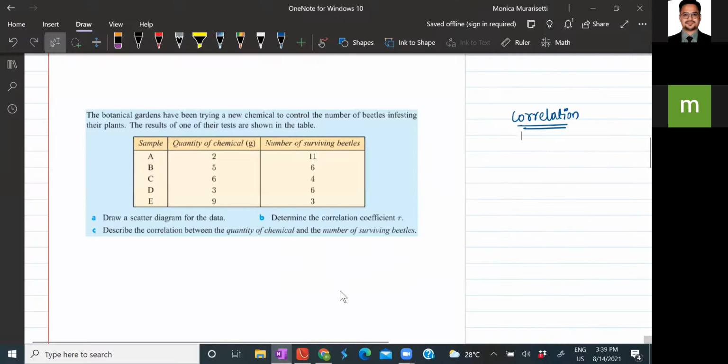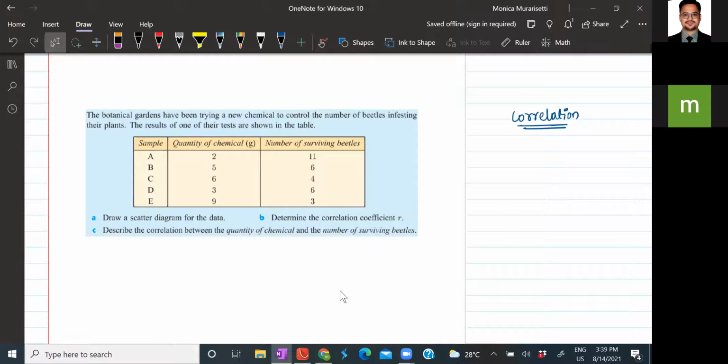So now describe the correlation between the quantity of chemical and number of surviving beetles. It's very simple, isn't it? Now with the correlation coefficient, we have found out that as the quantity of chemical increases, the number of surviving beetles decreases. So this is how you can solve a question related to statistics on correlation.